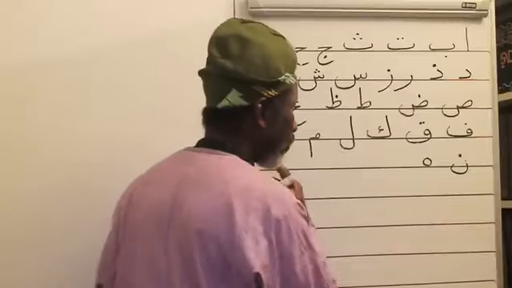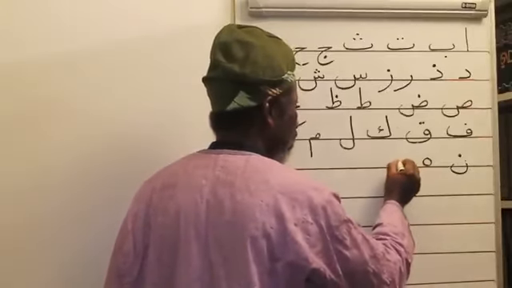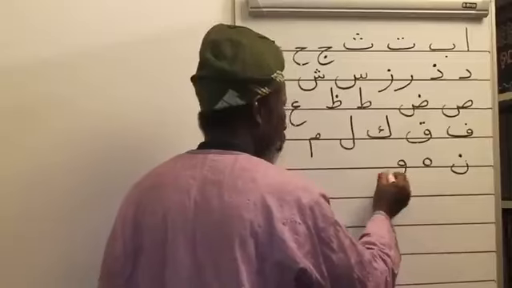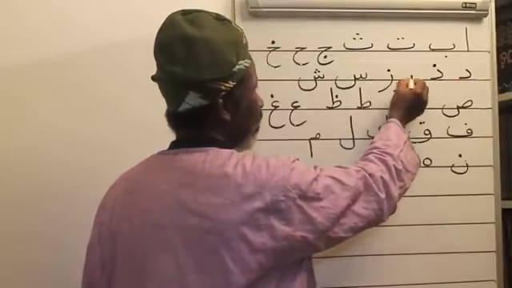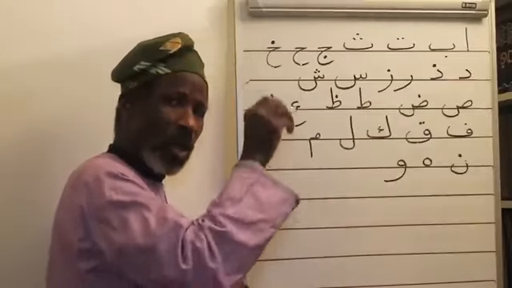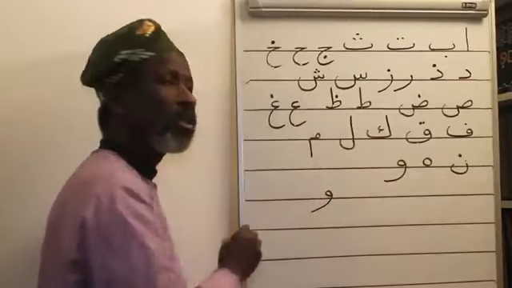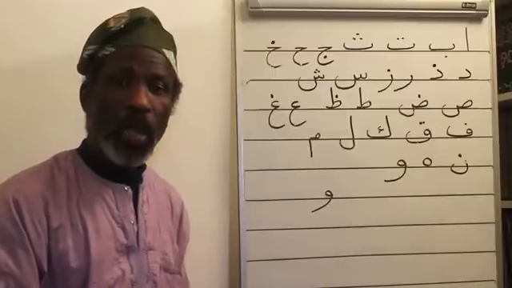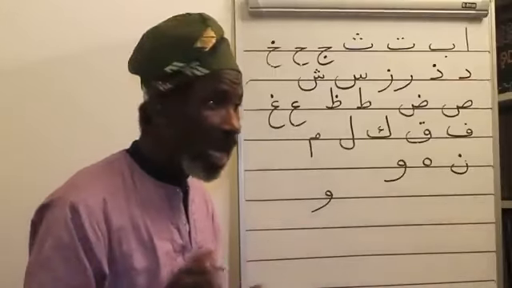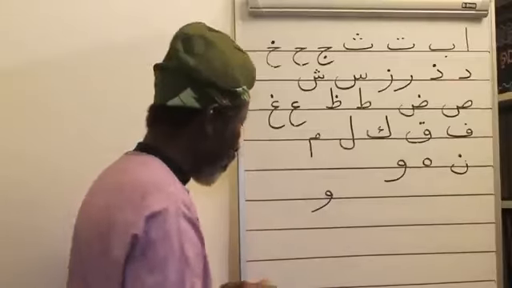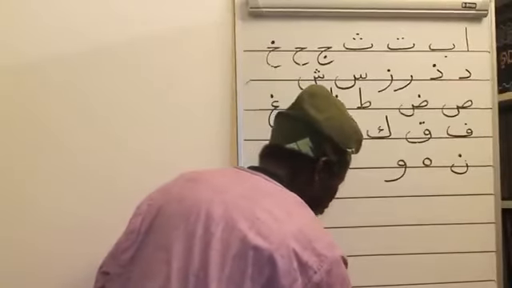Now, the next letter, also single, is Waw. Imagine this one: it's like a Ra and Zain having a head. You go clockwise this way, and then just drop it. And that's your Waw. So we have nearly finished. And the last letter in the alphabet,